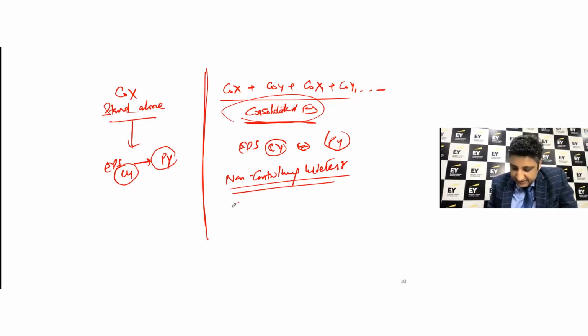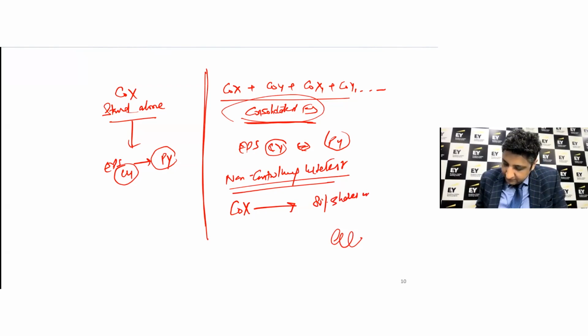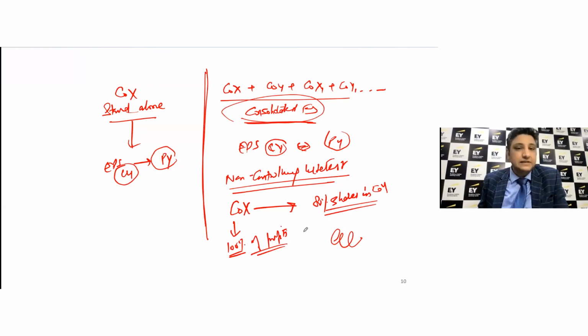Let's say, for example, in this case, there's a company X which has 80% shares in company Y. Now essentially company X is the parent company. So at a group level, it will be calculating the EPS. But what you need to remember here is that while 100% of profits will be considered, the share of profit that pertains to company X is only confined to 80%.